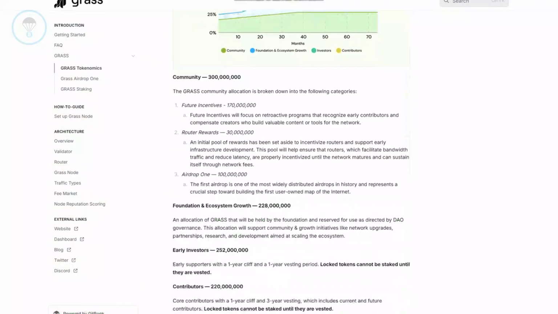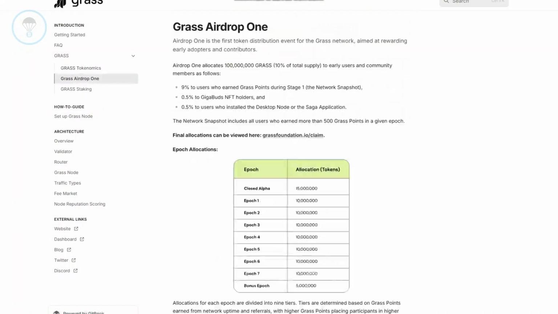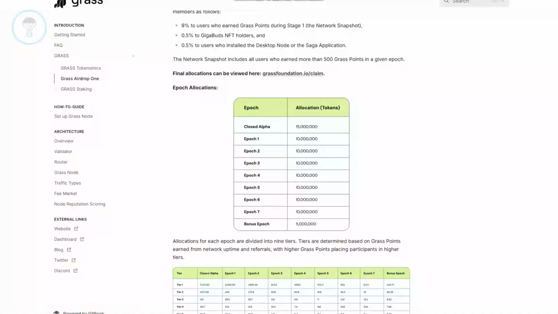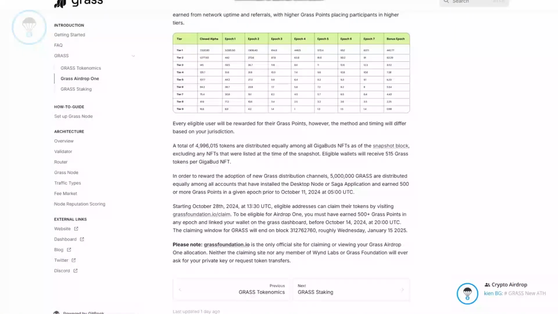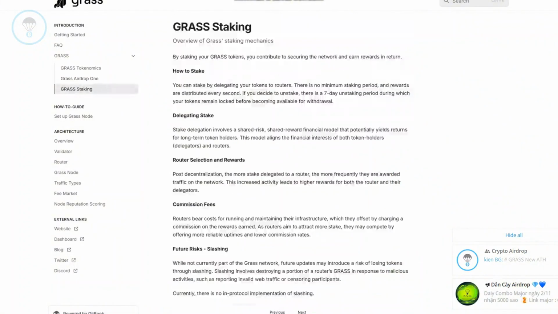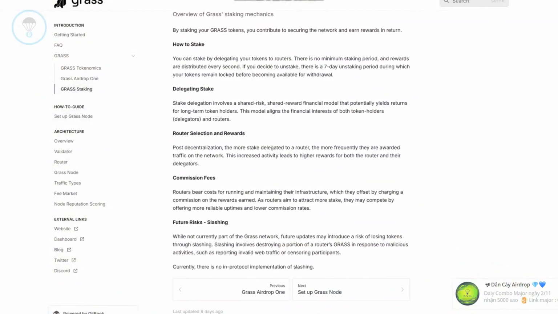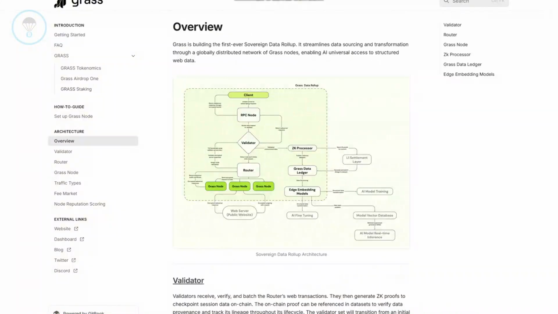IP geolocation. In some regions, certain IP addresses are in higher demand for internet bandwidth. Users in these areas may earn more Grass points. Unique IP address. Users can earn higher income by running multiple Grass accounts on different IP addresses. The more unique IP addresses in use, the higher the potential for more Grass points. Referring new users. By referring new users to Grass, you can earn additional Grass points.